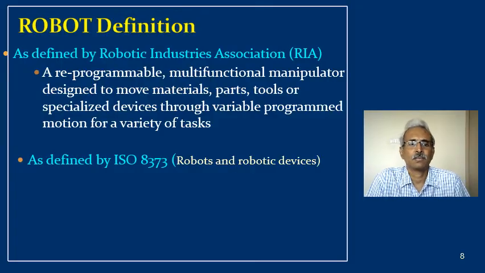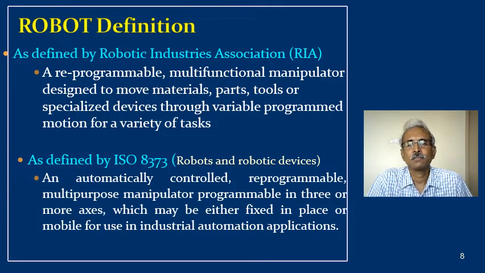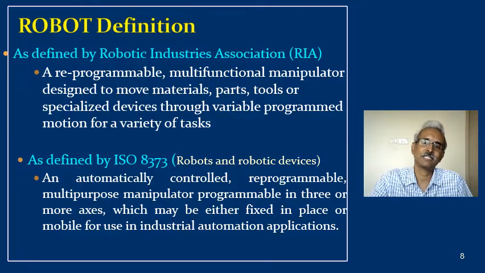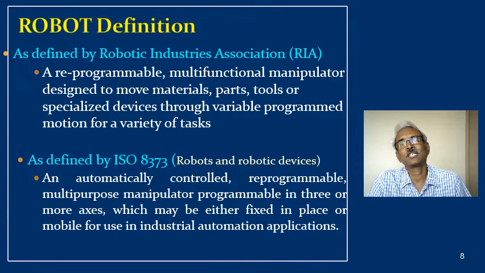So later on, ISO also brought in some definition for robots and robotic devices. Let's see what that definition is. A slight variation of that: an automatically controlled, reprogrammable, multi-purpose manipulator, programmable in 3 or more axes. These are a few things at the later stage. They added 3 or more axes, which may be either fixed in place or mobile for use in industrial